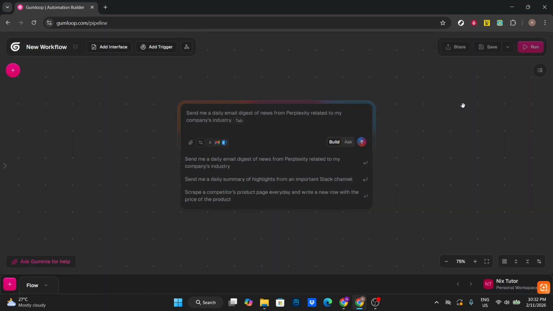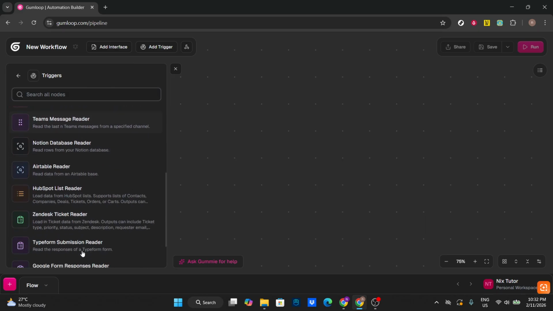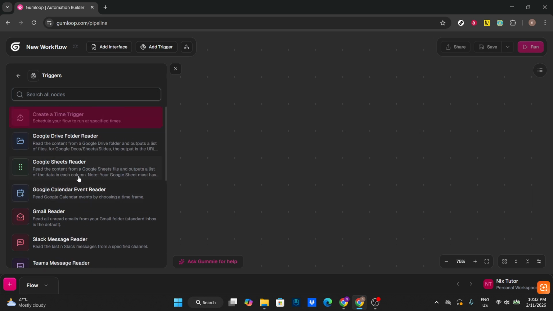Next, add a trigger. You'll see an option at the top to add a trigger, which is what kicks off the workflow. Triggers define how your scraper starts, whether manually, on a schedule, or based on incoming data. For this example, choose the Google Sheets reader trigger labeled Scrape URLs from a sheet. This option pulls a list of URLs directly from a spreadsheet, so the rest of your workflow can process them